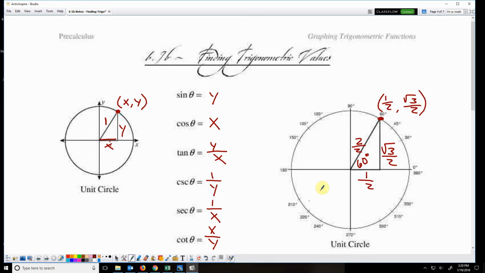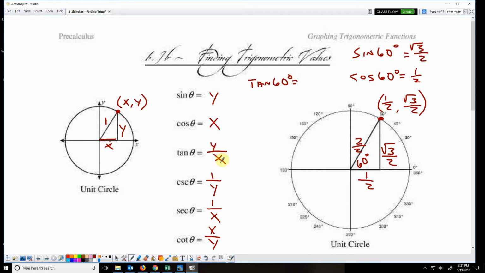So what that means is the sine value at 60 degrees is the y value, root 3 over 2. Cosine, the x value, is 1 over 2. Tangent at 60